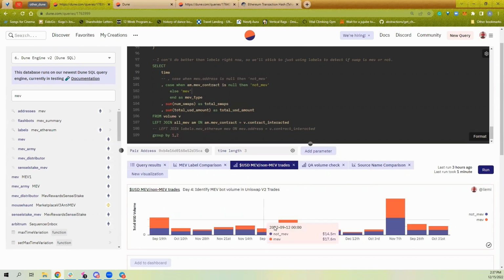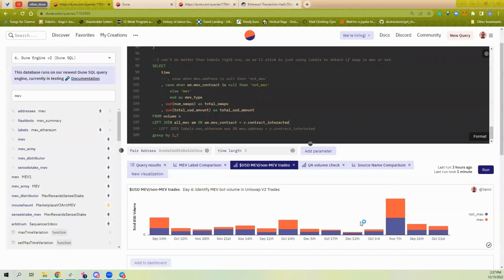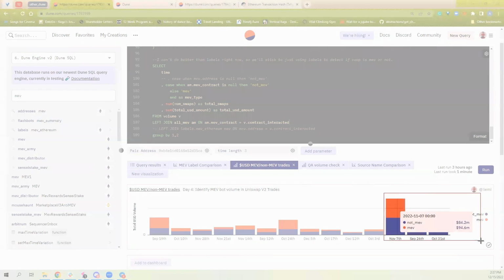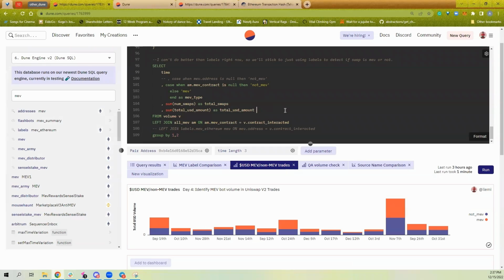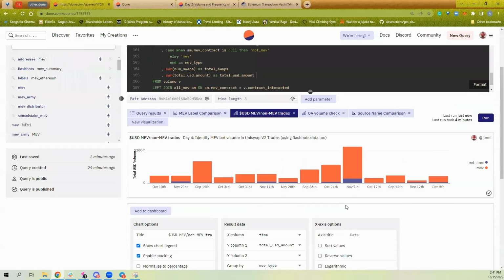So remember here, let's just take a look now. It's 84.2 million is not MEV. 94.6 million is MEV on 11.7. Let's just remember that. Actually, I'm going to take a picture because I have bad memory. Cool. Let's just hang on to this. And I'm going to rerun this so we can take a look at this MEV, where it looks like now